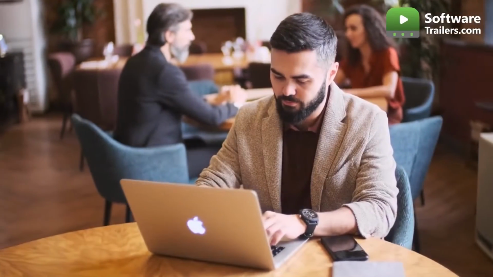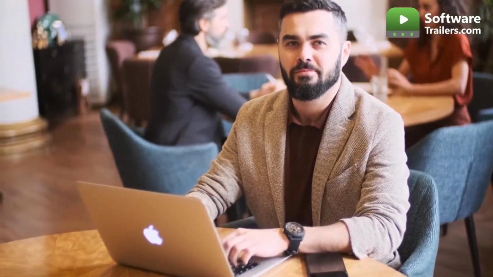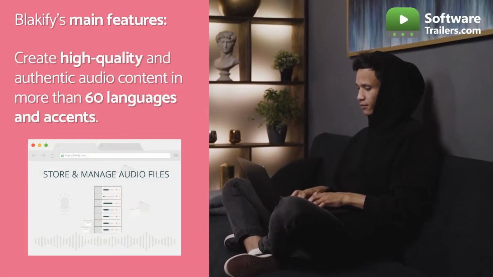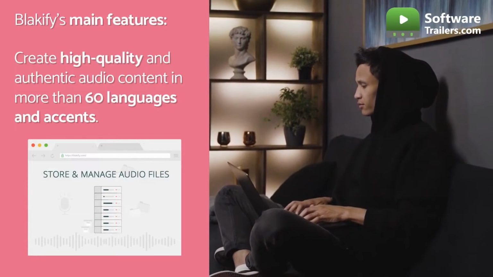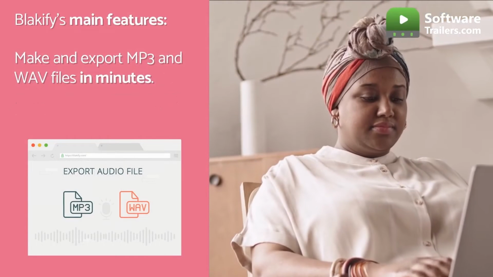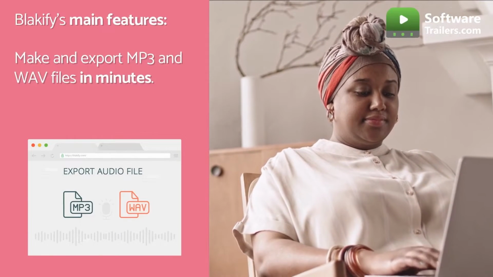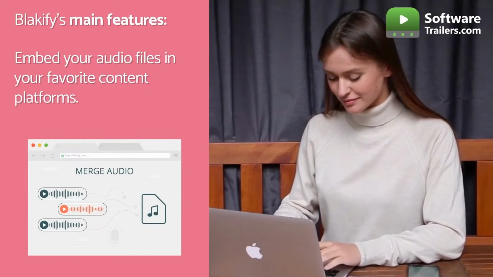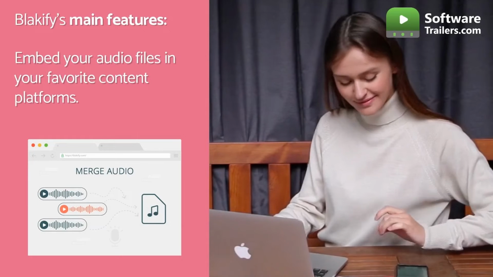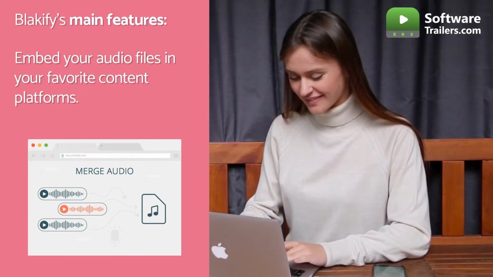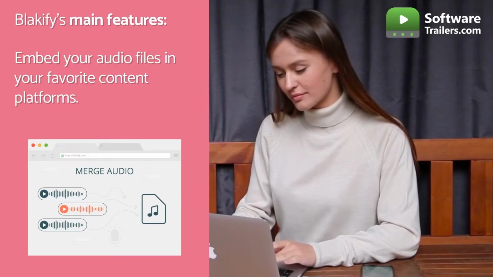As a result, Blackify helps all organizations save money without lowering their quality. This user-friendly web application allows you to make audio files of a good quality quickly, and it only takes a few minutes to do so. You can export the files as MP3s or WAV and choose from several sample rates. It is possible to adapt text into an exciting format that can be listened to on the run. You only need to download it once, and then you can embed it wherever there is room available, such as within another document.